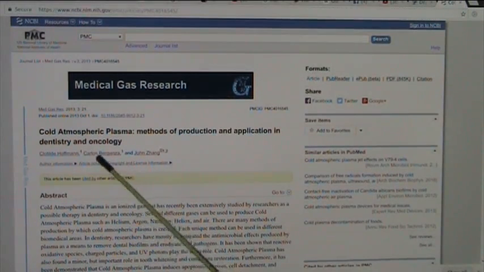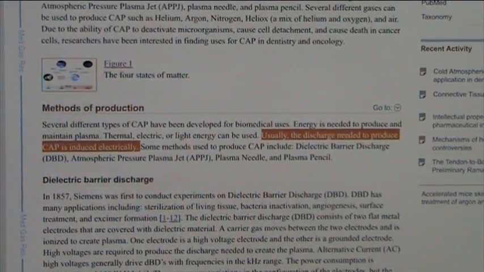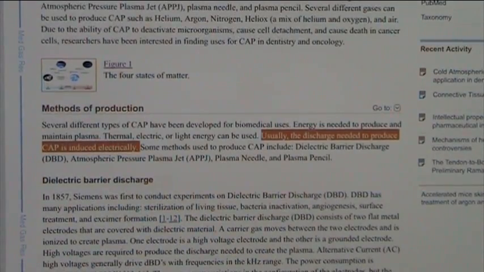And they were in this particular plasma, they call it, which is nothing more than an environment of gases that are loaded with electrons, extra electrons. That's my claim. You see this statement here? It's exactly what we're saying. They're saying the method of producing this particular plasma, which is loading the electrons, is usually the discharge needed to produce CAP, which is the